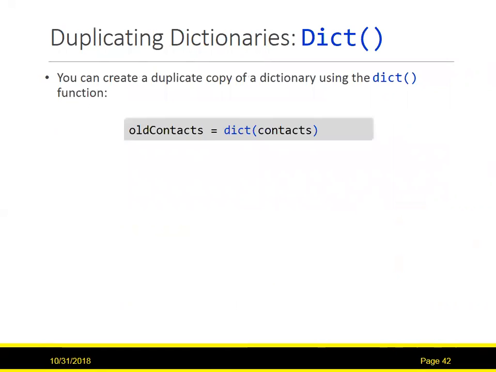You can duplicate a dictionary once you've created it by using the dict keyword, same way you convert a number string to an int. You can also do this by doing contacts.copy. It's a function built into every dictionary. I don't think he shows an example of that, but